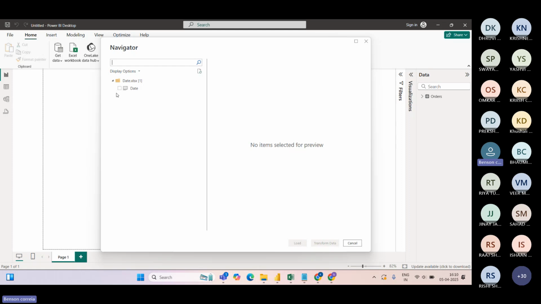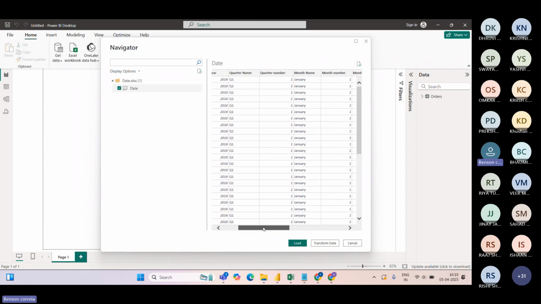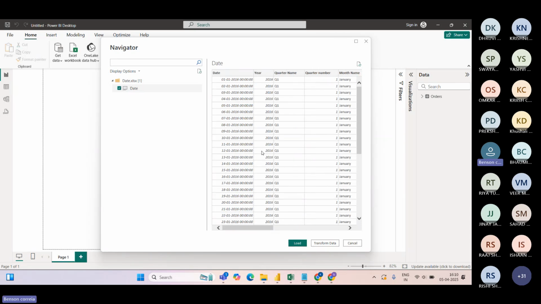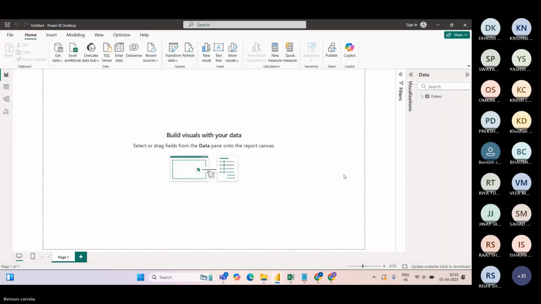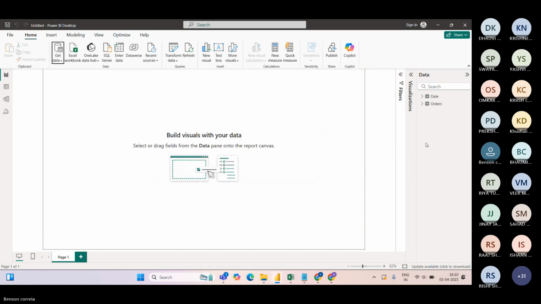Now just click on the date. So we have this date file, which looks like this: the date, the year, the quarter, and all. And this is a fine table, so we will just load it. Now you can see that in our data pane we have two tables, that is a date table